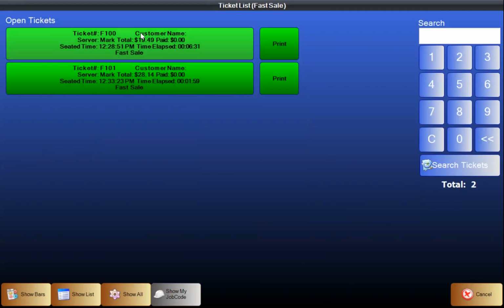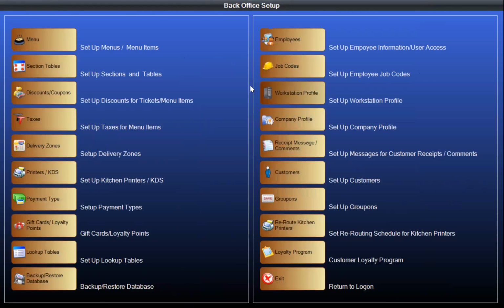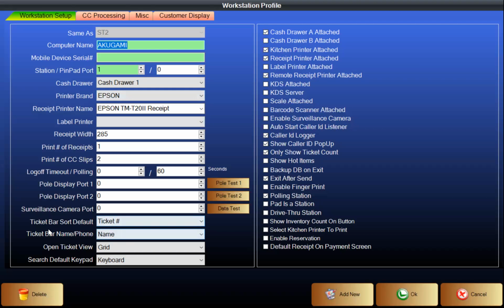You see right here, customer name is listed first, right? Again, it may be a little hard to see, but that top line shows the ticket number, and then it shows a line with customer name. That's because if we go back, the primary sort is based on the name, right? Or we can go by phone number, but if you do a lot of deliveries, they may want it by phone number, okay? So if I change it,